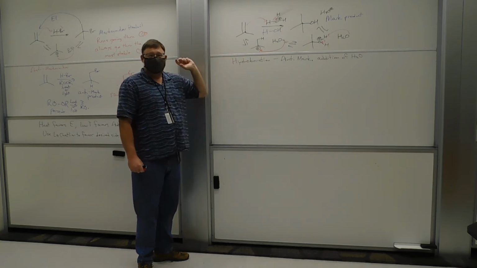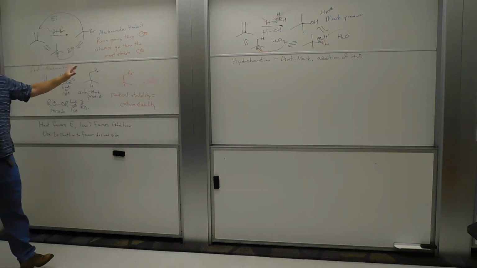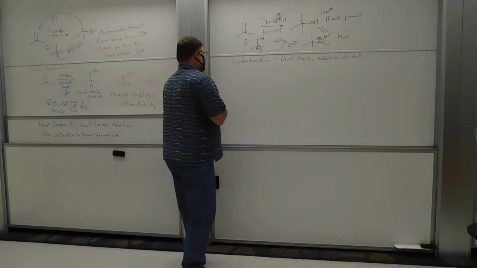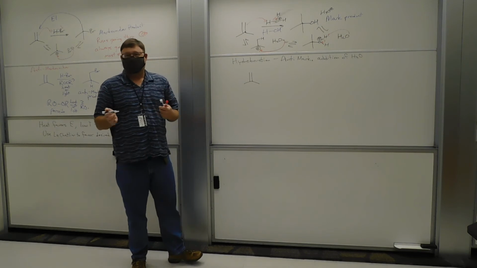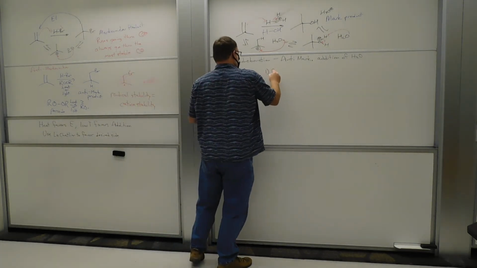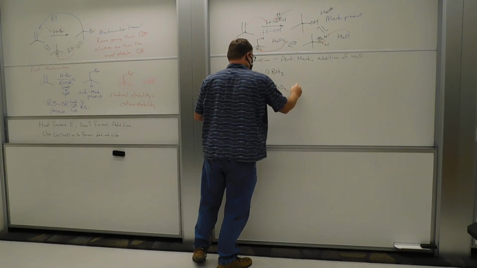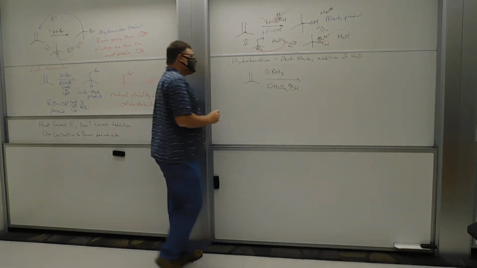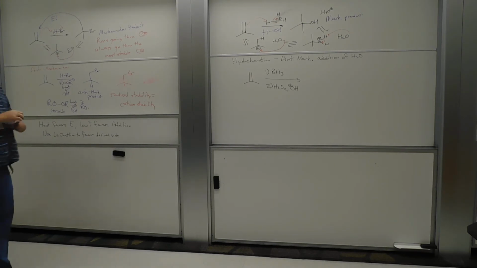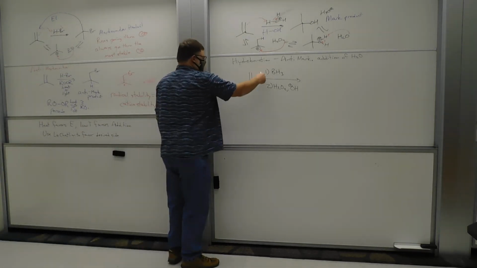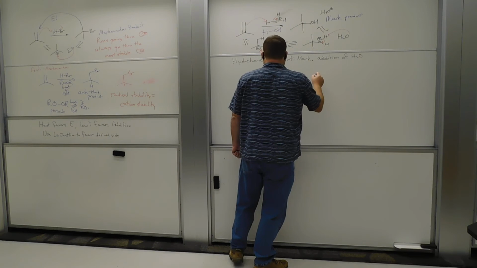If you want to do anti-Markovnikov addition of water, you can't do it with just acid; you need a different route. Let me put it up and then I'll try to explain it. You're not going to have to know this mechanism either, okay? The reagents you use are borane, BH3. I'll talk about borane a little bit here in a minute. And then second, remember these numbers. First you treat with borane, and then you treat with basic peroxide. And the product you get